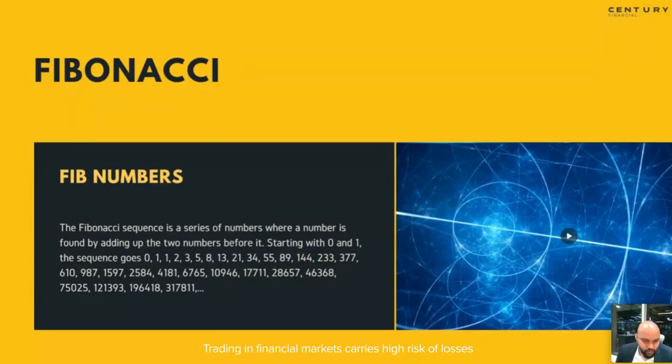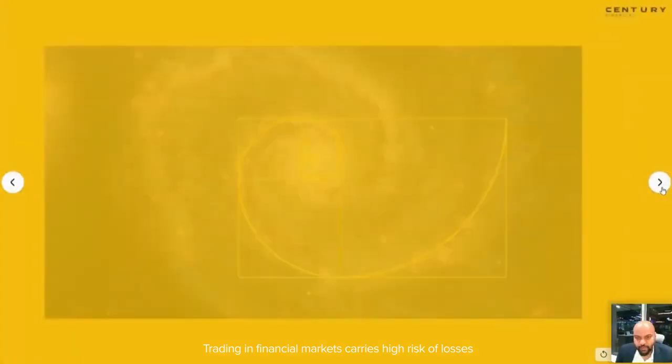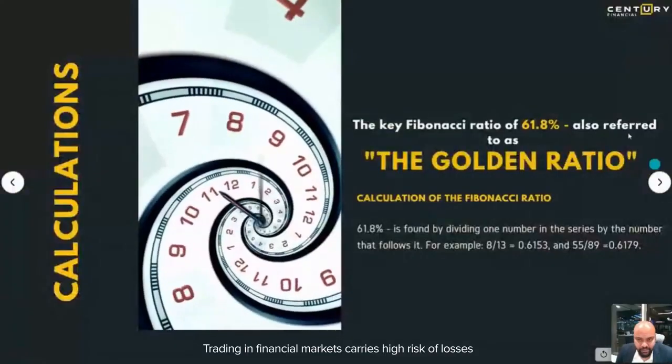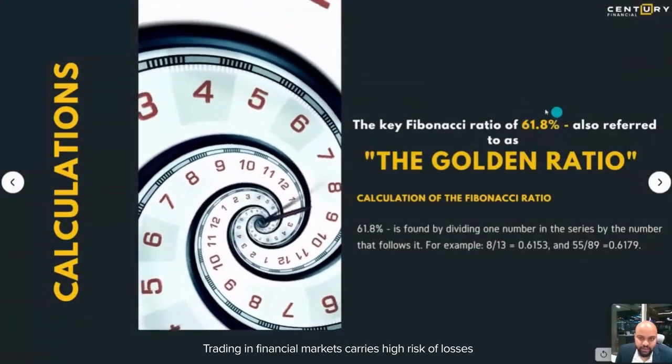So basically, if you take any number from the series, let's say, for example, 2584 divided by 4181 into 100, you get 61.8. Now, this is the ratio that we have derived using those numbers, and 61.8, like I mentioned earlier, is the golden ratio. Now, since it is in percentage, this will help me